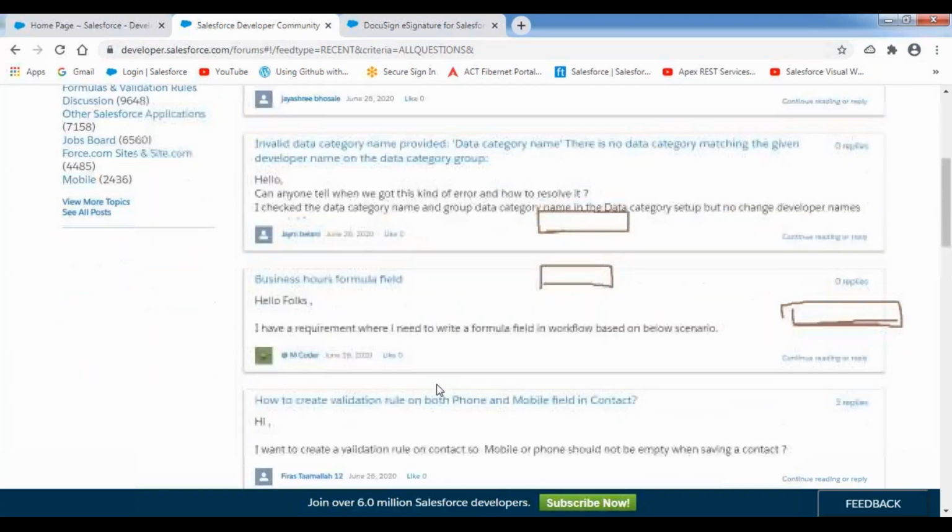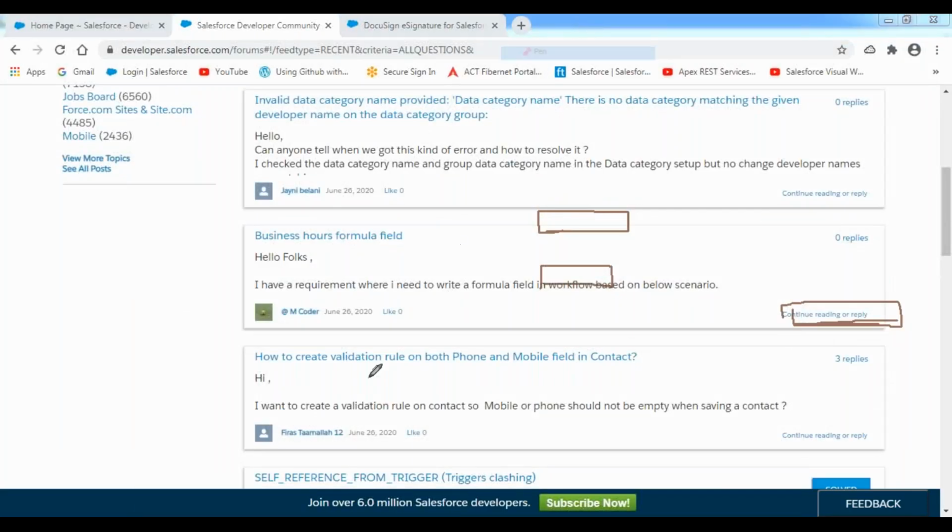That means here in this case, observe this one. In this community, you will be having more than 6 million people available. More than 6 million people are available. That means 60 lakhs people are available. 60 lakhs developers are available in this community. That means all the Salesforce developers are part of this community. Whatever Salesforce developers are there in the entire world, all of them are members of this community,